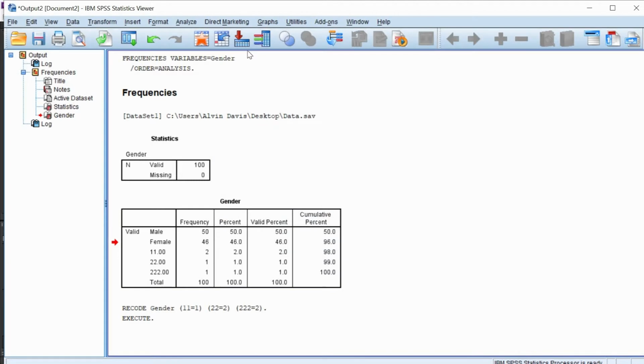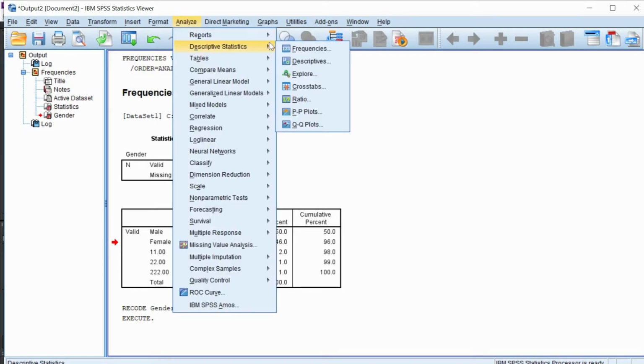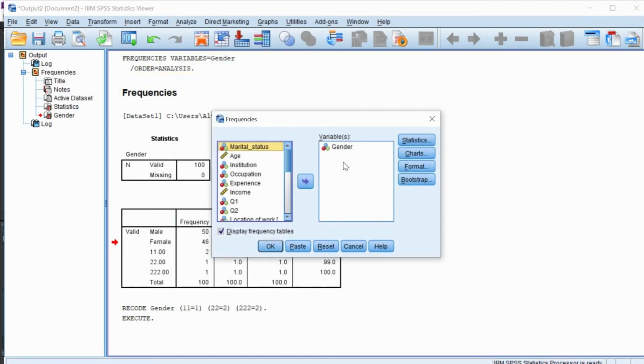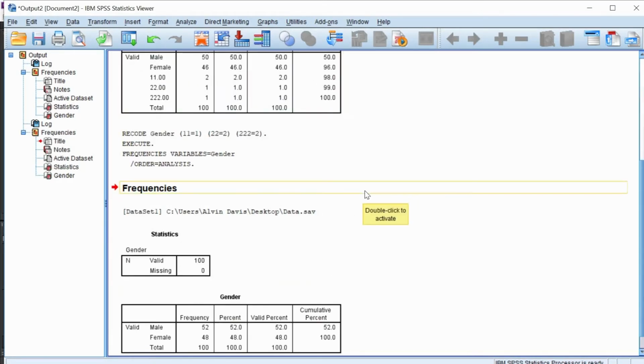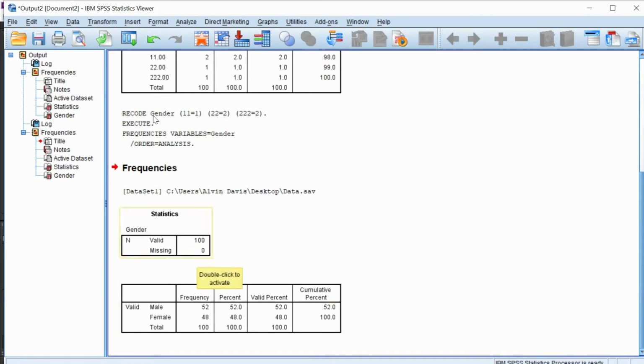Now we want to check whether these categories are transformed into male and female. Select Analyze, Descriptive Statistics, Frequencies. Gender is selected already. Click OK button. You got the output. The other 3 categories are transformed into male and female.